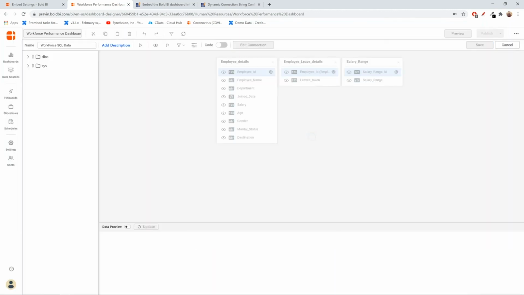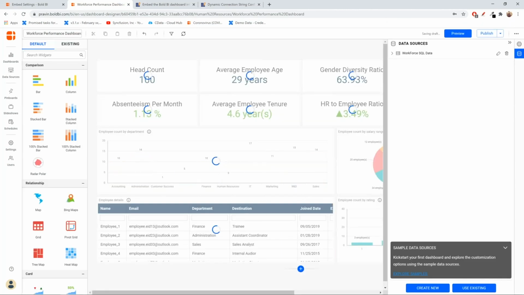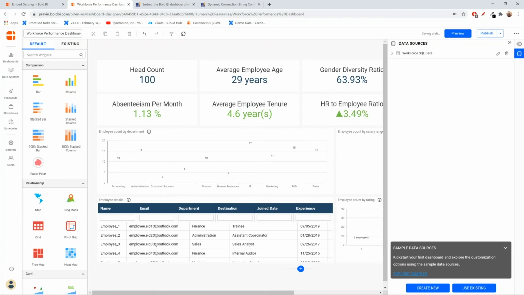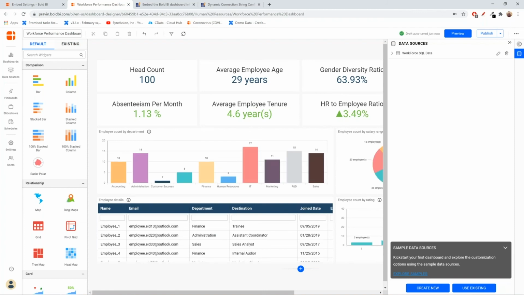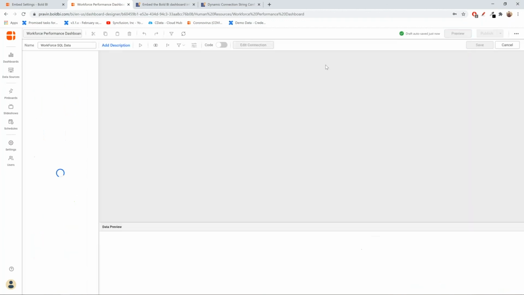Okay, so now you could see the data source is successfully configured. So based upon the logged in user, the connection is going to dynamically switch, and it could even be a completely different server or just a different database in the same server. The connection is going to switch, and the appropriate data will be loaded for them in the dashboard. Okay. Let me also remove the user base filter that we configured before.